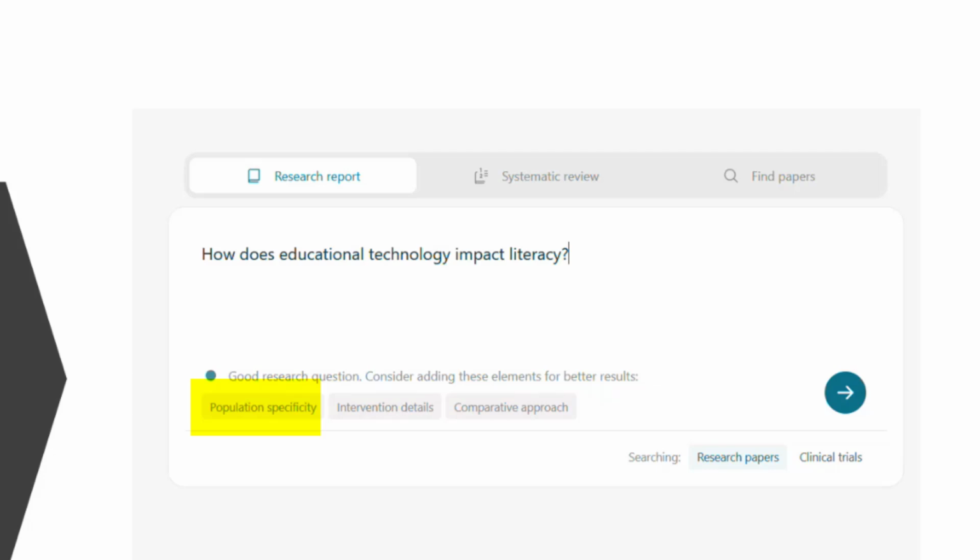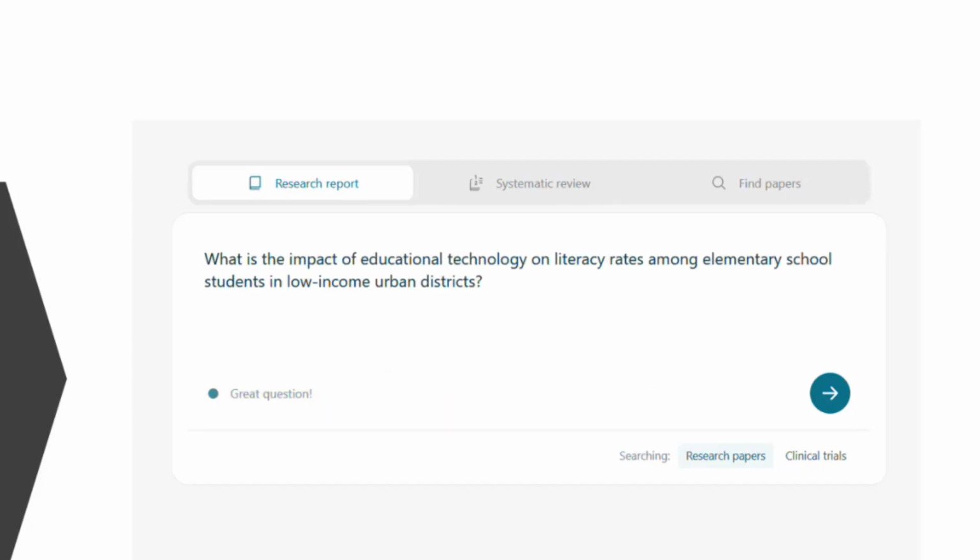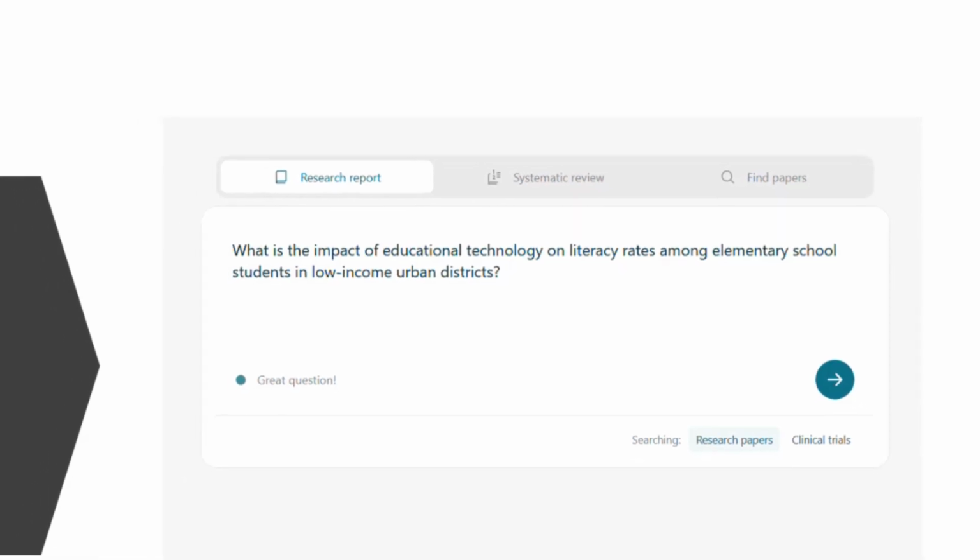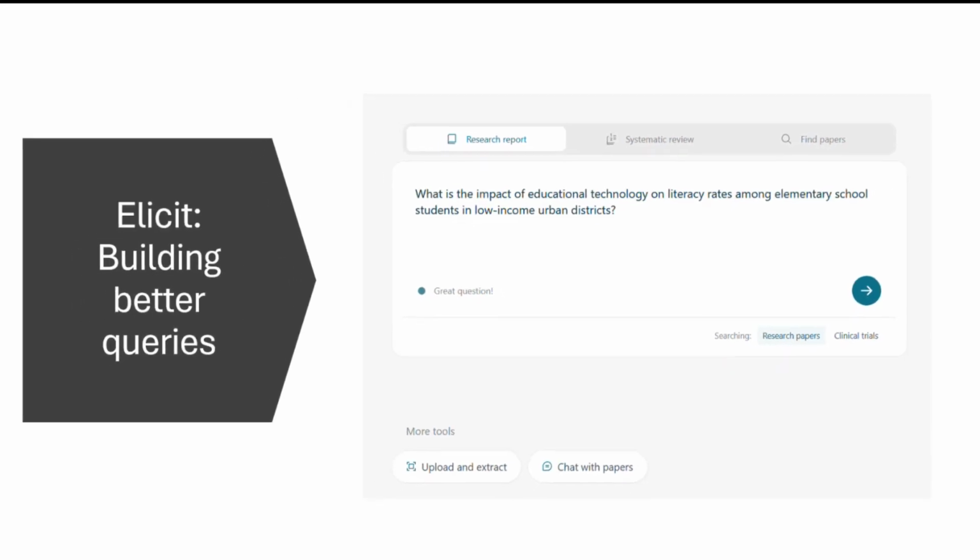So I clicked on population specificity, and it changed my research question. It added another element to it. And then it said, great job. So now my research question is, what is the impact of educational technology on literacy rates among elementary school students in low-income urban districts? So this, kind of like Co-Pilot, is another way that you can brainstorm research